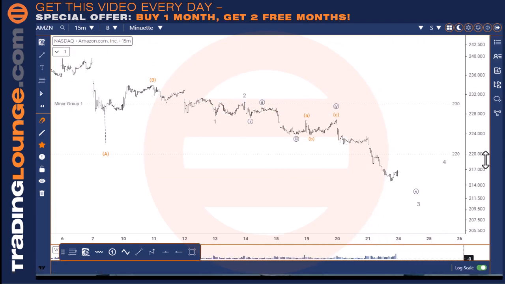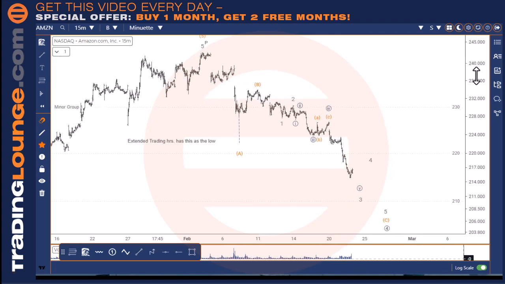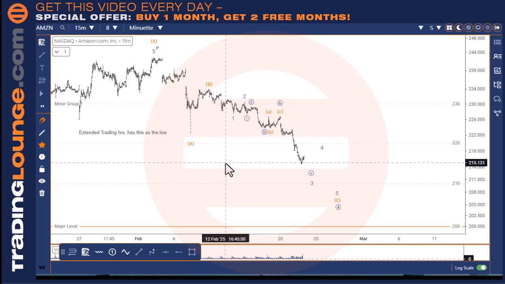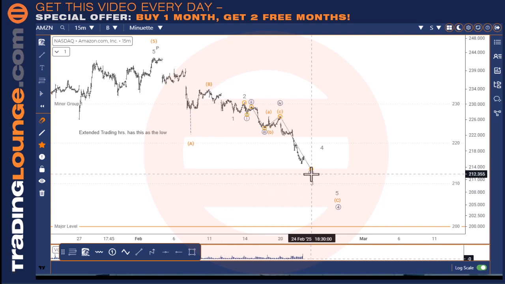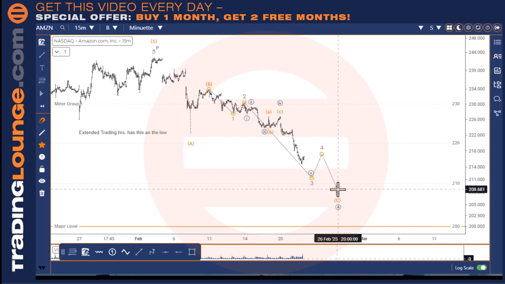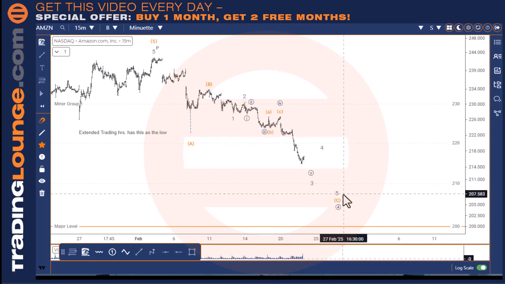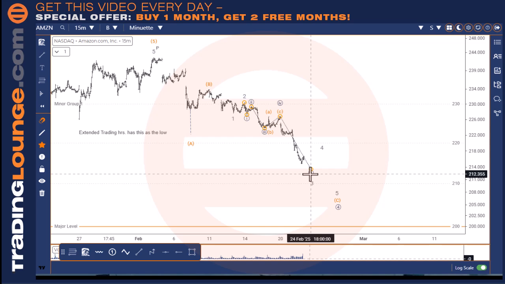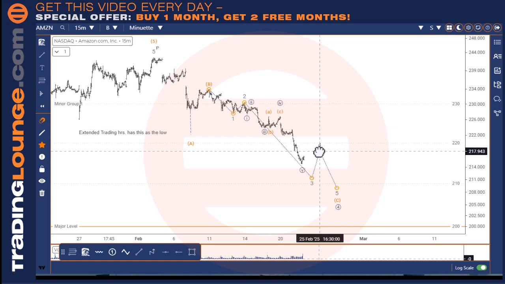Okay, so we still need to come down a bit further in Amazon, just from the top area over here. We can see that I still need wave 3, 4 and 5 here. So this is really much the same as most of the other markets. We could look at this as 1 and 2 in here, and 3, 4, 5. We could have that in there already. As such, I could put that wave 5 there in that case and look at wave 4, but either way